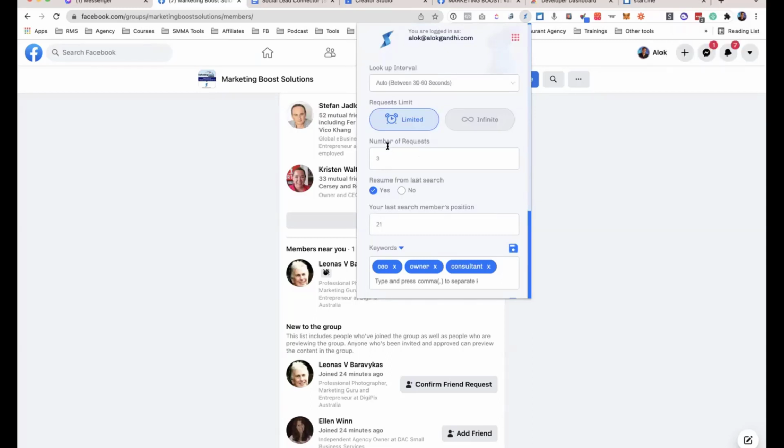Where does it remember, or do I have to jot that down somewhere to remember that? Yeah, you'll have to. That is manual. The system doesn't remember or save any sort of data, and that's because Chrome doesn't allow us to save this type of data. So this is something which you'll have to remember.